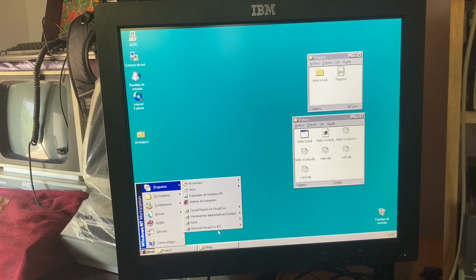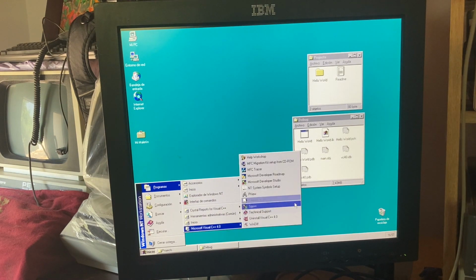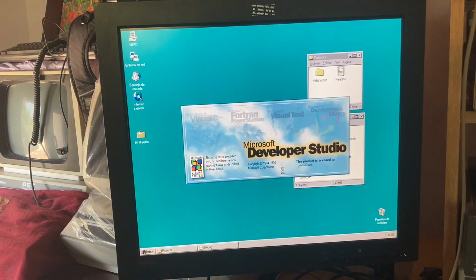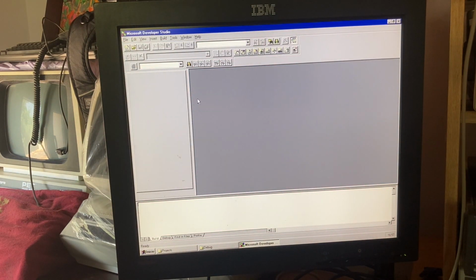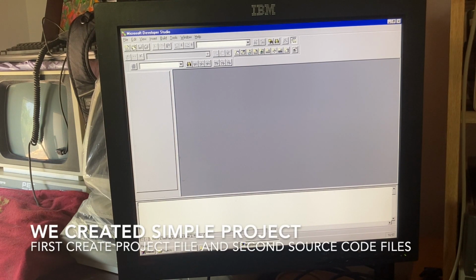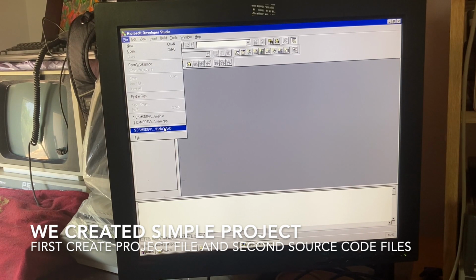Let's start Visual C++ Microsoft Developer Studio. This is the old Developer Studio IDE for Windows NT and Windows 95 from 1996. For example, we open the first Hello World program,